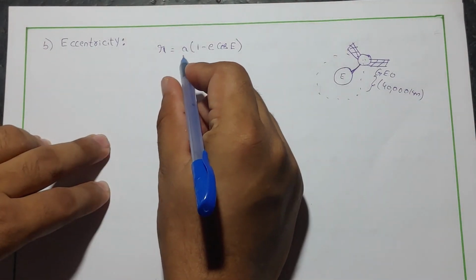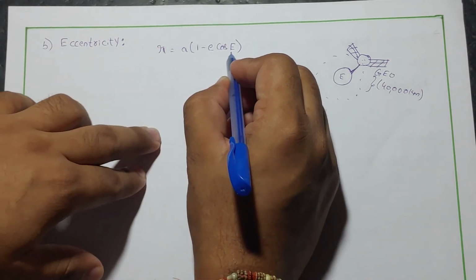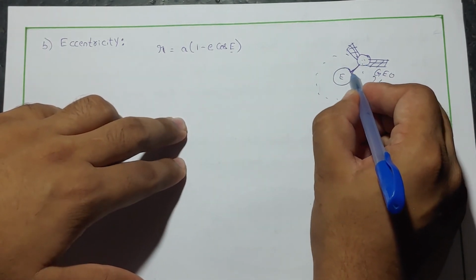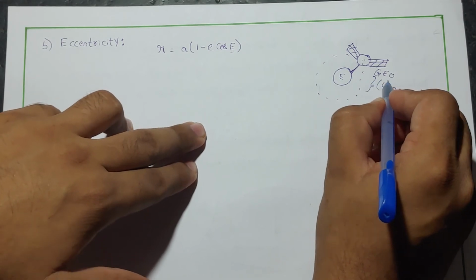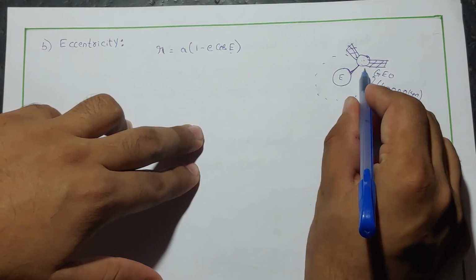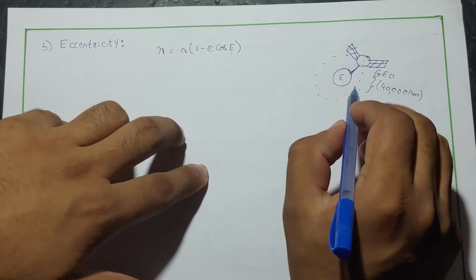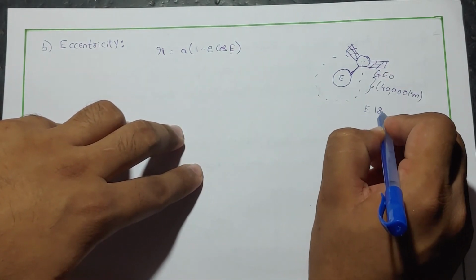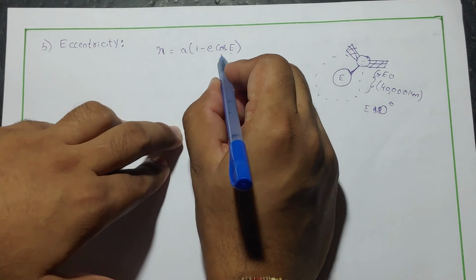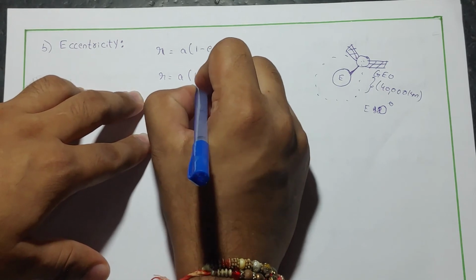Eccentricity can be defined as r equal to a into 1 minus e cos theta. That is, theta is nothing but the angle made by the satellite with the Earth's surface. We know that it is given a geosatellite. A geosatellite is nearly 40,000 kilometers from the center of the Earth. It is revolving in the equator. So we could say the angle between them is equal to 0 degrees. We know that cos 0 is equal to 1. So we could write this as r is equal to a into 1 minus e.